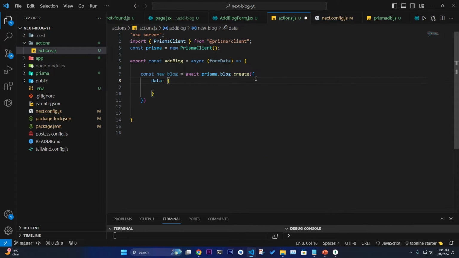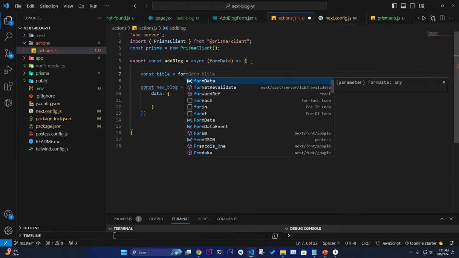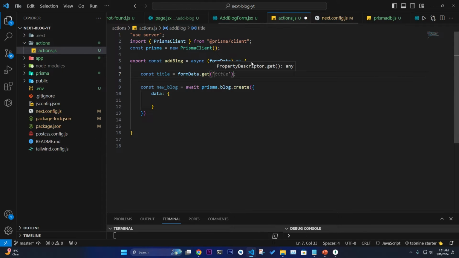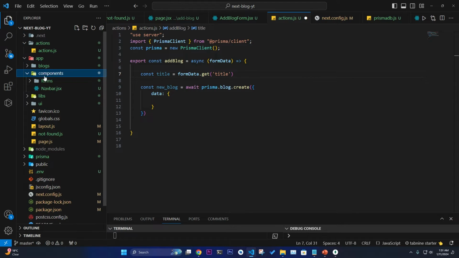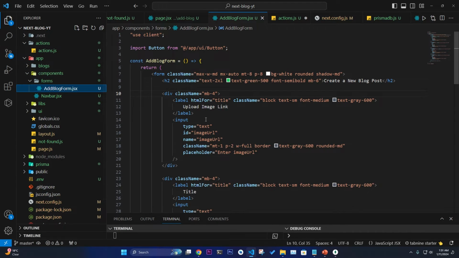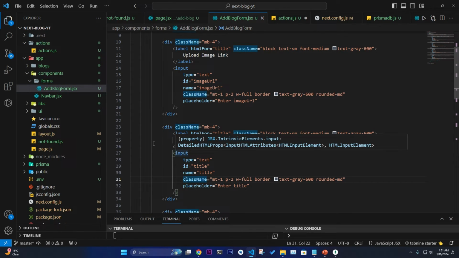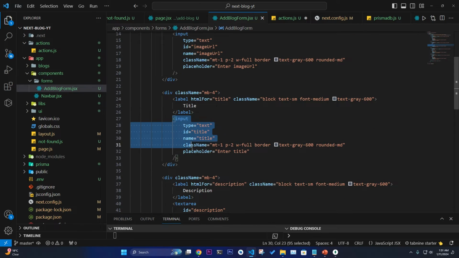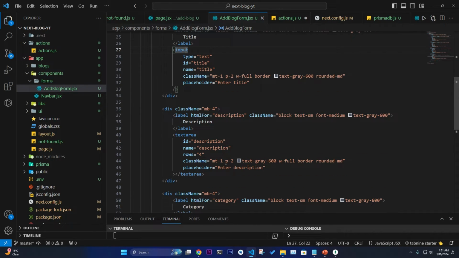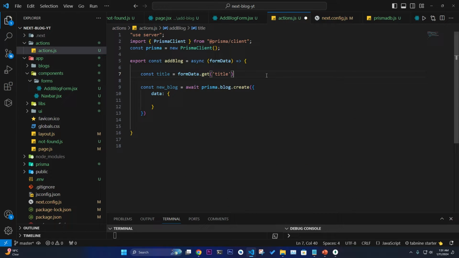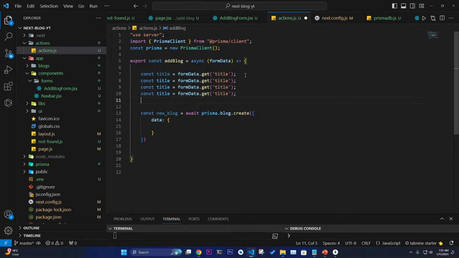What do we want to create? First, we need to get the data, like const title equals formData.get title, and this should be the same title as in this form, the add blog form, this name title. This is how it recognizes that we are getting the data from this input title. Same for other fields. Okay, so let's do this. This is for the title, and we just need to copy and paste this multiple times. And this is for